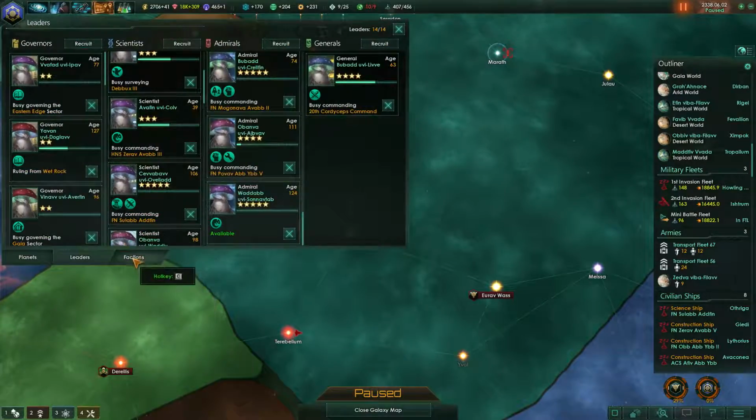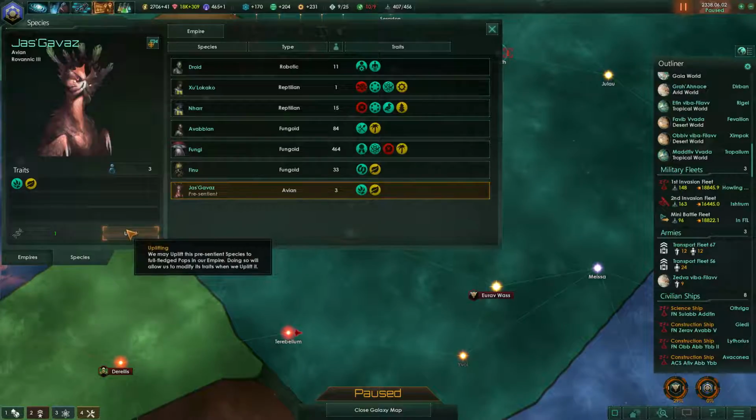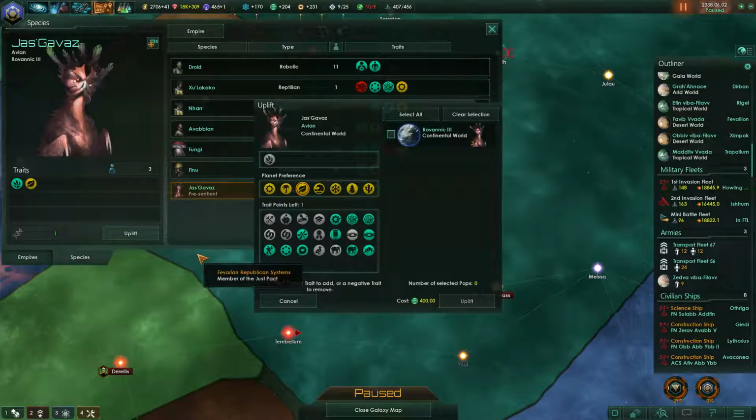And then over in the species thing here, these guys are pre-sentient. We may uplift this pre-sentient species to full-fledged pops in our empire. Doing so will allow us to modify its traits when we uplift it. We have 1 gene points remaining. I have no idea how gene points work, so...